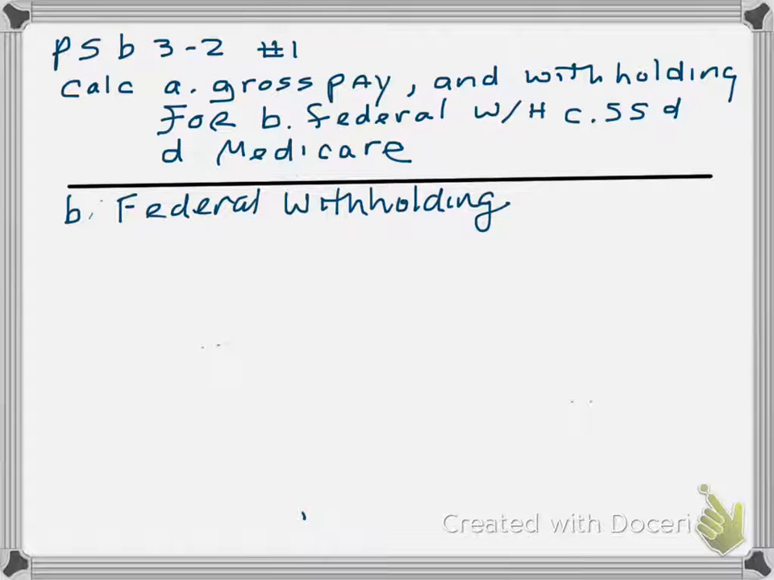The second part of the problem is to calculate the pay for federal withholding. The amounts of pay for federal withholding, Social Security, and Medicare can all be different. We determined that gross pay was $1,741.50. But there is also a contribution to this employee's